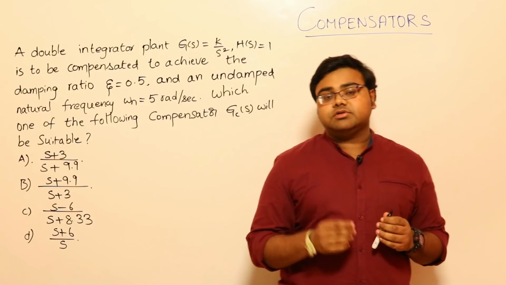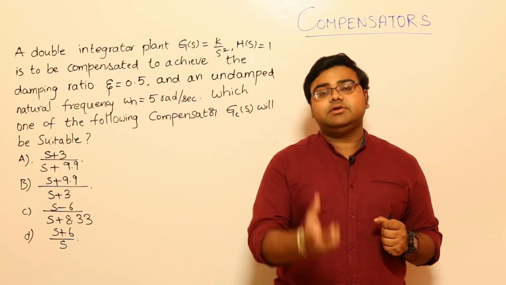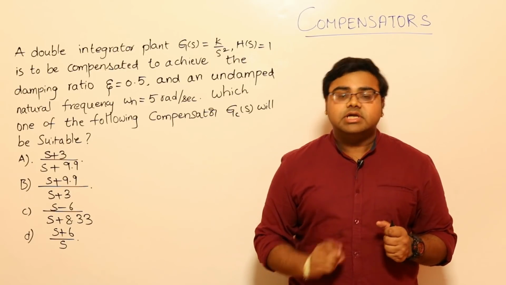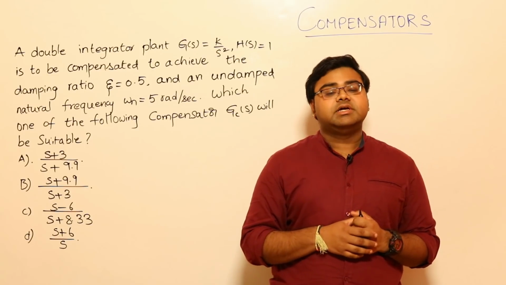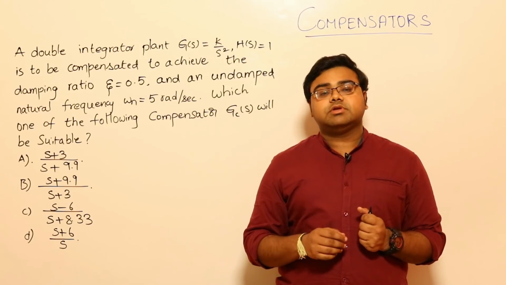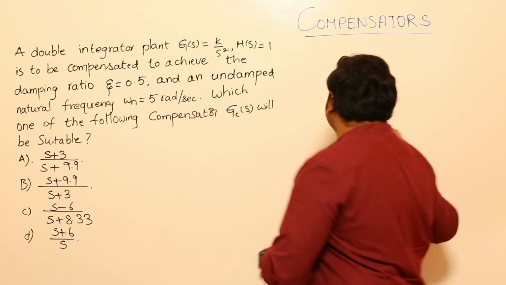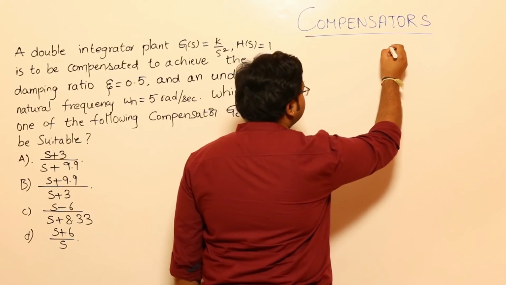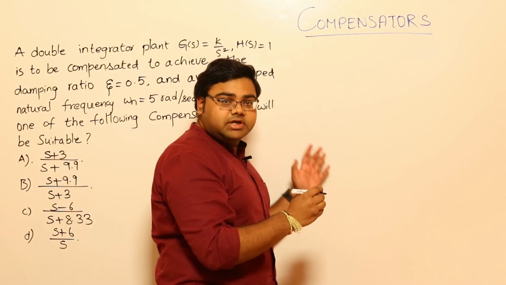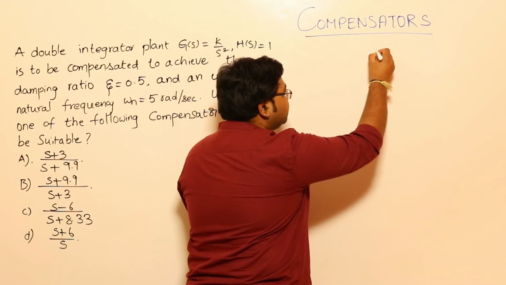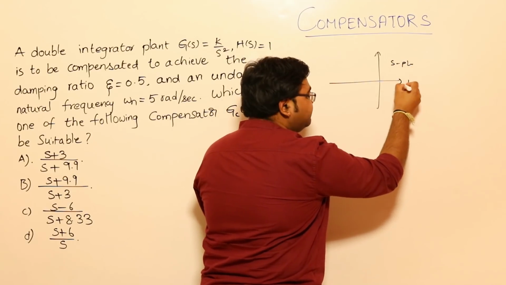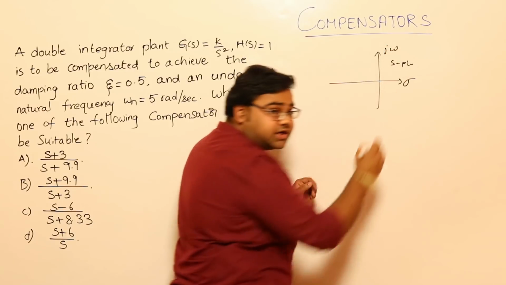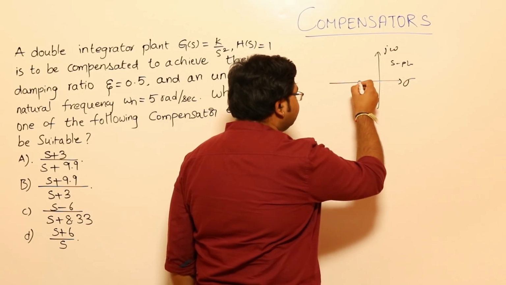Let me just give you a small brief on compensators and controllers. The first point of confusion is the location of the poles or zeros. Randomly, if I were to draw the following diagram, forget the question for now. I am drawing a diagram over here. This is the S plane, so obviously this has to be sigma and j omega. Never forget these basics, sigma and j omega.